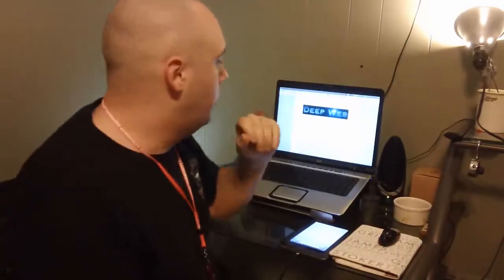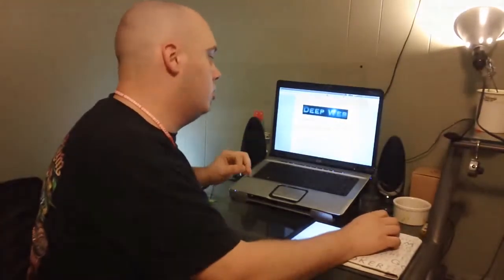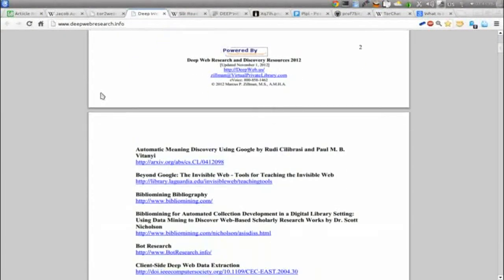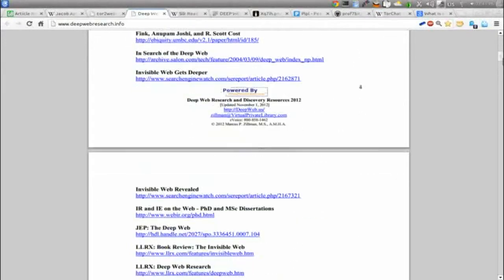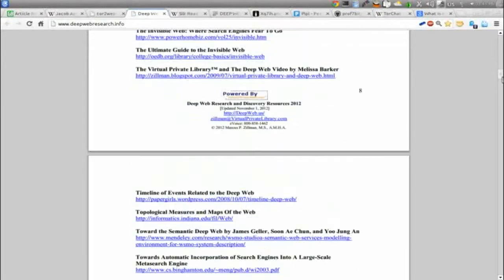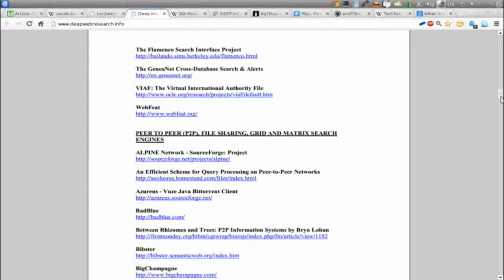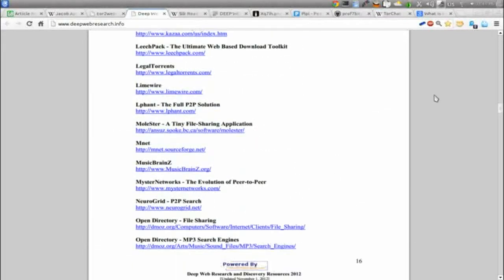I found a couple of sources of good information that's kind of similar to the hidden wiki. I'm going to be including all of these links to all these tabs that I'm using in the comments. One that is really good is deepwebresearch.info. It forwards to this paper right here. At first I thought this guy was just listing all of his sources, but no. If you go down every page, it is nothing but the good stuff as far as things about the hidden web, things that are hidden on there, different search engines, different things that you can use to crawl the deep